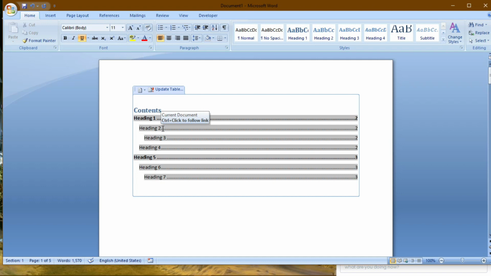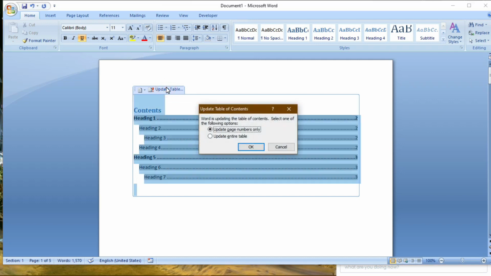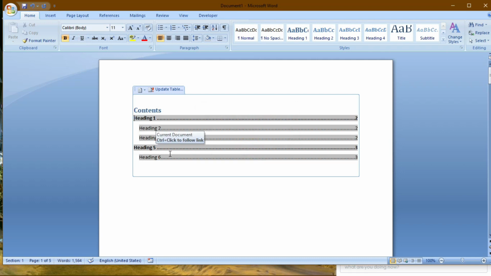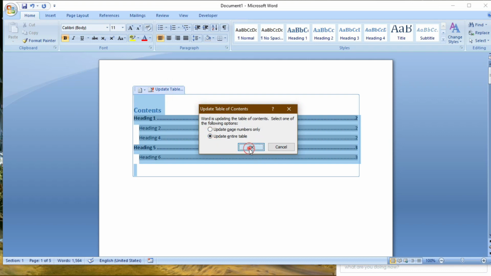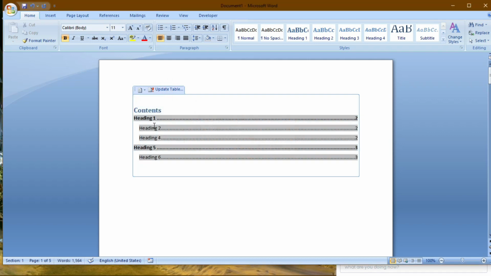Like heading 2 and heading 6 are in the same category. You are currently seeing heading 3 and heading 7 here because the table is not yet updated. So for this, click on Update Table, Update entire table, and now you see all hierarchy beyond heading 2 is gone. If you update the entire table again, this will not change because the code is updated. And if you want to show further hierarchy, same way go to Toggle Field Codes, and from there you can change it.